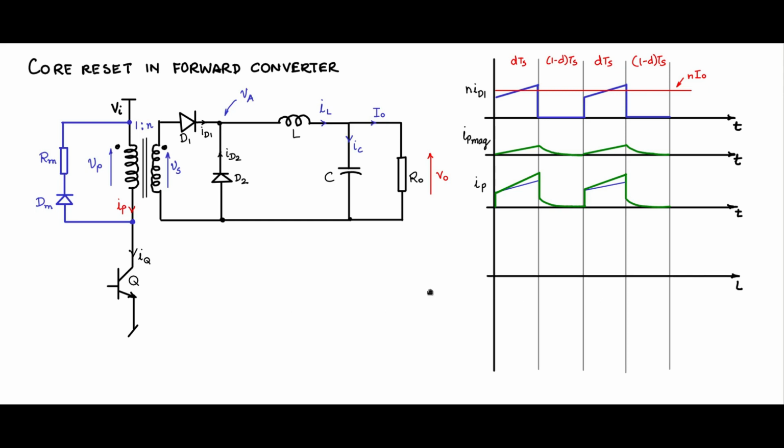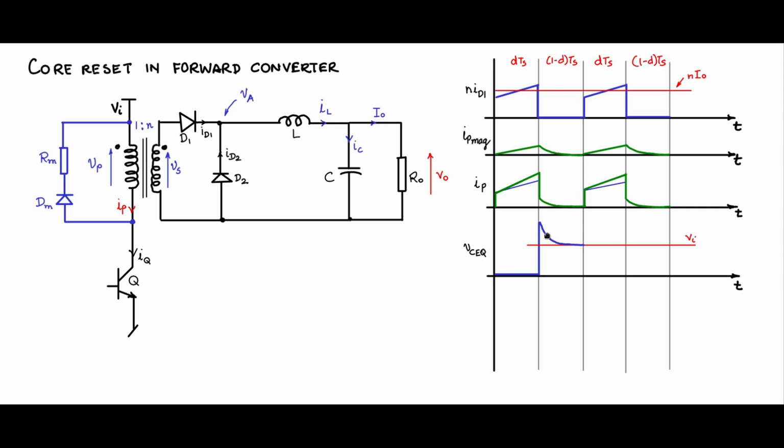So let us draw one more axis here and see VCEQ. During the time when Q is on, you know that this is 0, and at the moment when Q is turned off, you will see that there will be a sharp rise. What is that value? We will see that. And then afterwards, post that rise, you will see that this is VCC level. The VCE will start decaying down to VCC level.